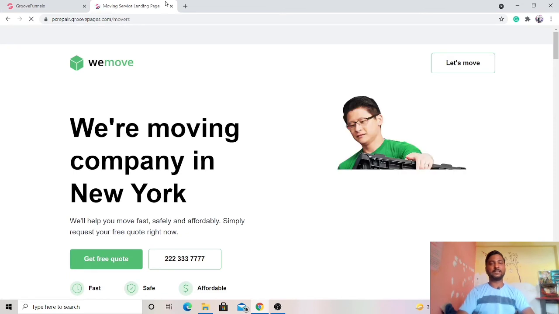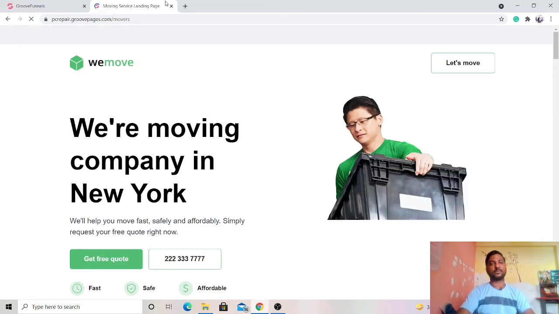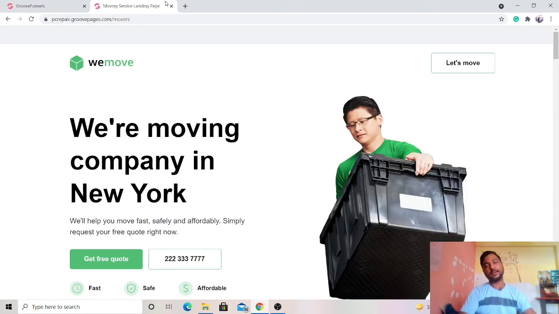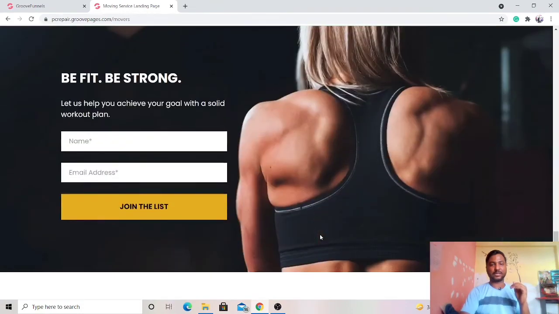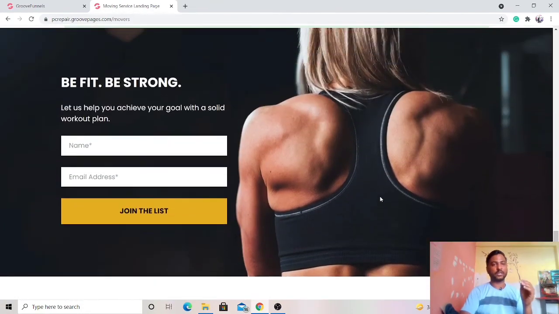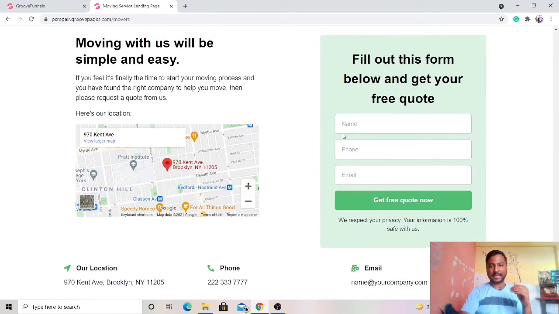So here you can see the landing page is in front of you, which I have already integrated and connected to my subdomain with the help of Groove Pages. And if you go ahead and see over here, you can see the block is also added, which I haven't removed, the new form. And you can see that we have added the phone number option as well. So it is also showing over there. So let's test the things we have done so far, whether it is working or not.